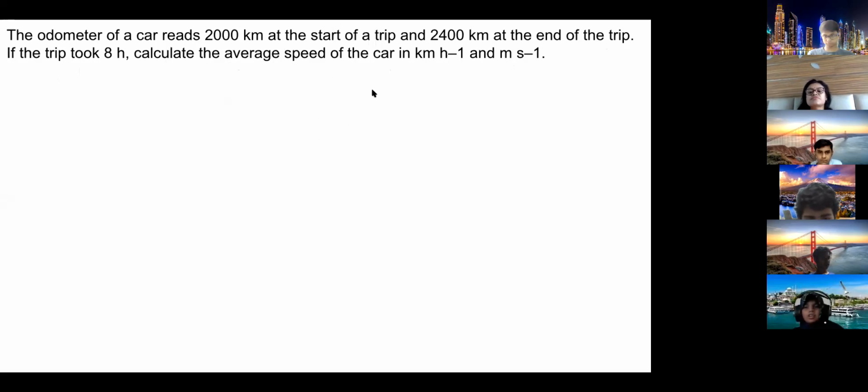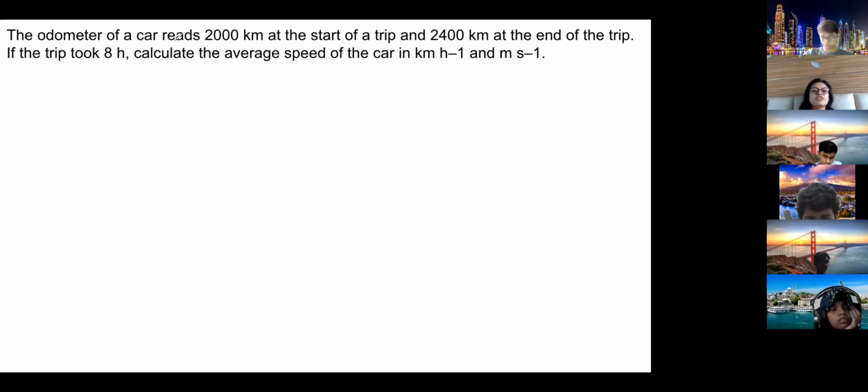What is that -1? Per hour we write as h raised to -1. There is a problem in printing, so people write like that. You can write it like this. Kilometer per hour you write like this because you can write with your pen. In printing sometimes they write like this. Kilometer per hour means hour is in the denominator, so for negative power they write -1. Okay, so that is also a way of writing.